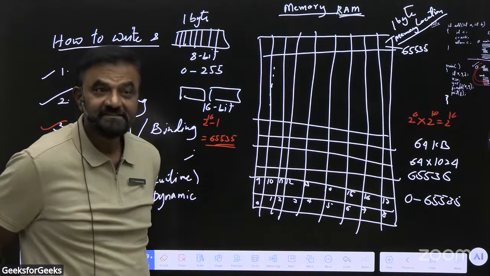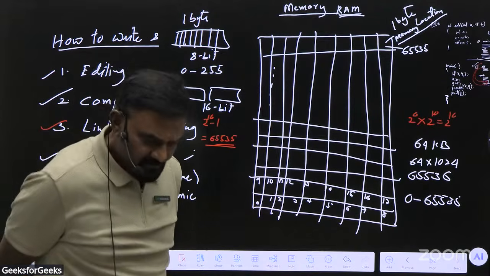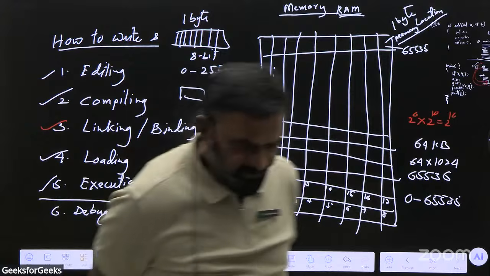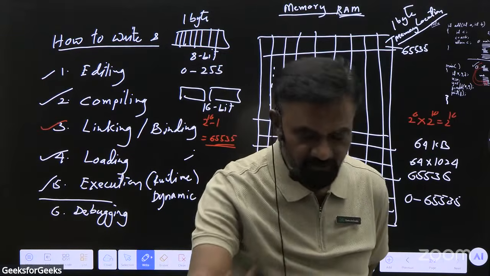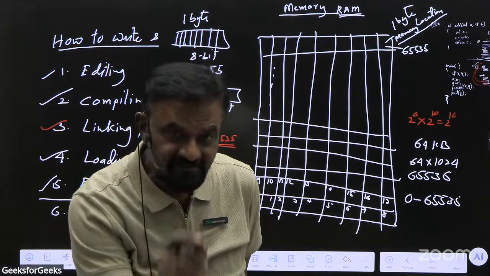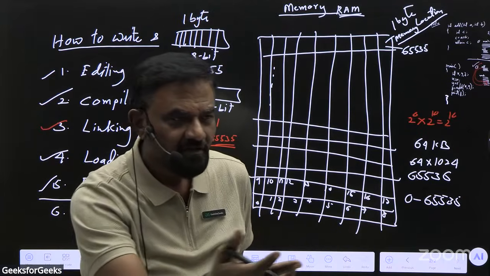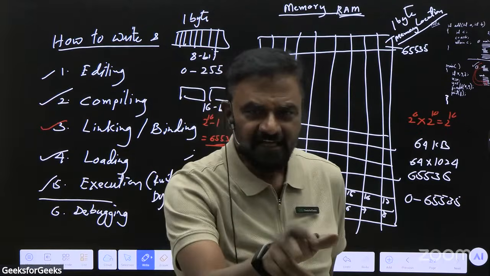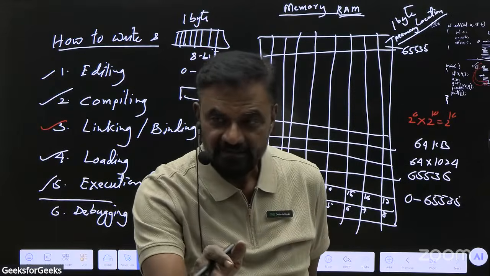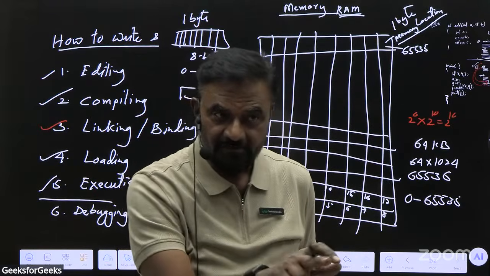Starting address 0. If you know about pointers, definitely everybody knows, a pointer can be assigned null. Null means value nothing, but actually some value is there. Not unknown. In C programming, null means